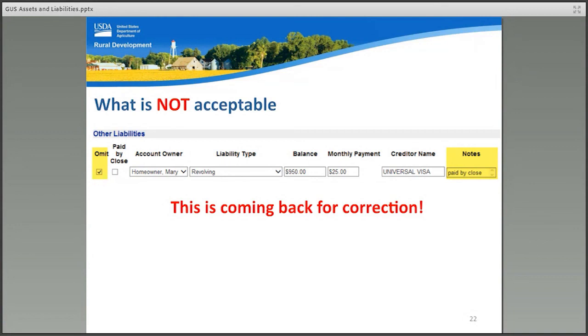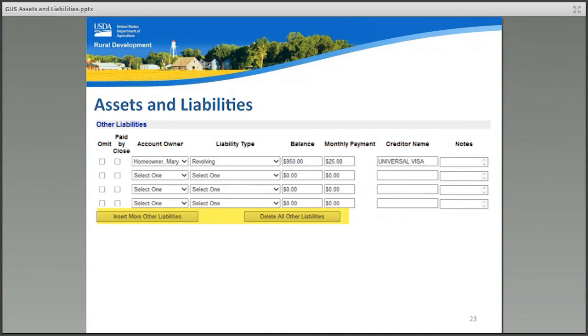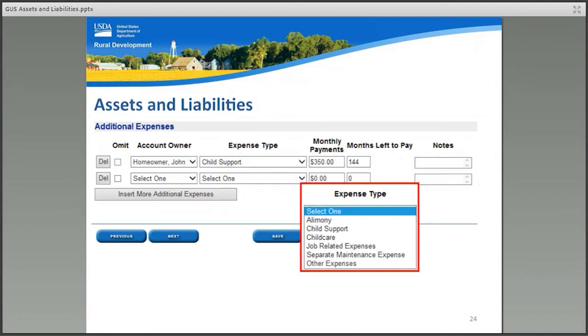Therefore, this loan would be released for correction by USDA to the approved lender for correct data entry. If additional liability data fields are needed, the user may select Insert More Other Liabilities. If the user wishes to delete all currently entered liability data, they may select Delete All Other Liabilities.